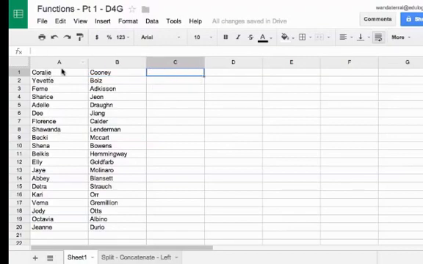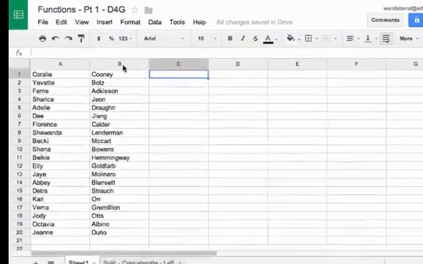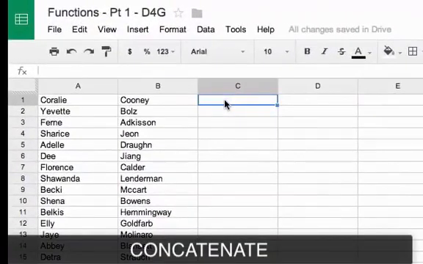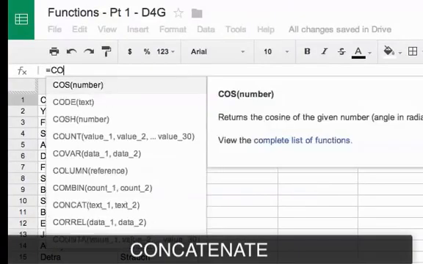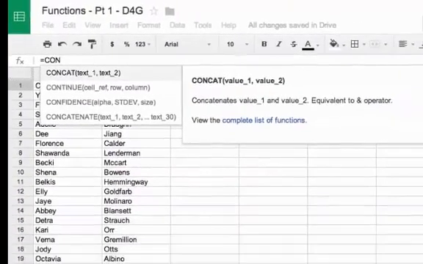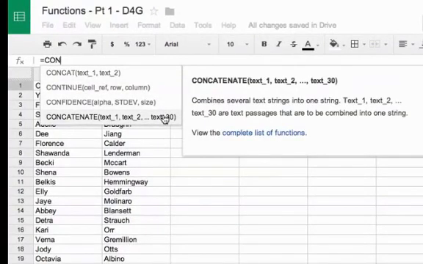Now let's say that you got the list this way, but you actually wanted to have them together. That's when the concatenate function comes in. So I'm going to type my equals, and I'm going to start typing concatenate, and it pops up. The concatenate function lets you take strings and put them together into one column. So I'm going to click that concatenate function,